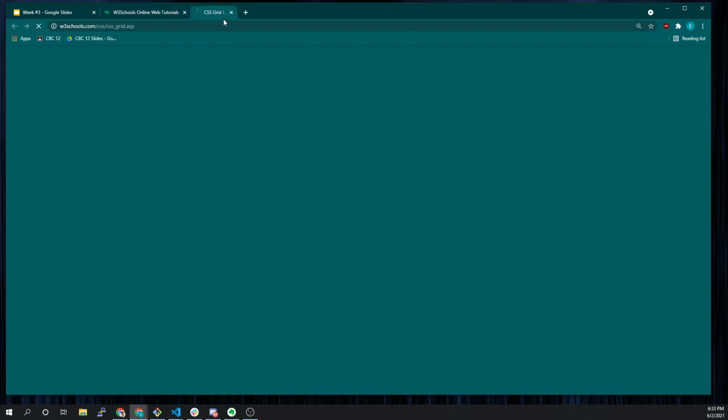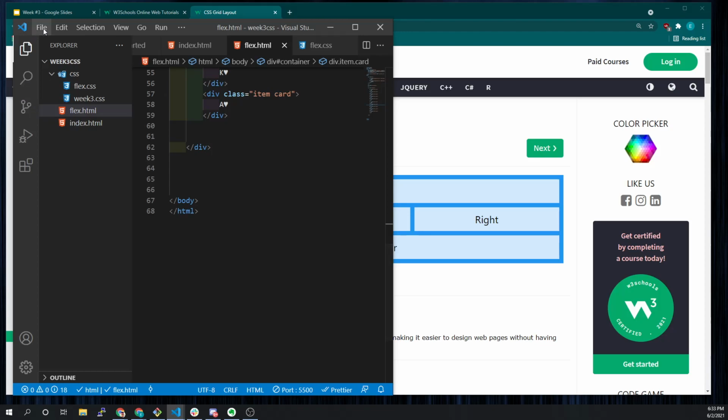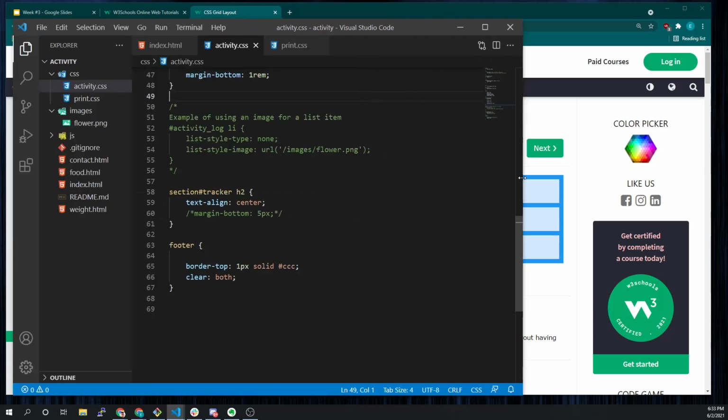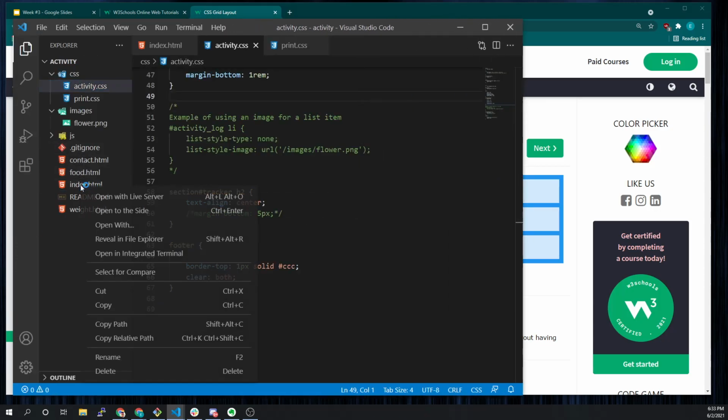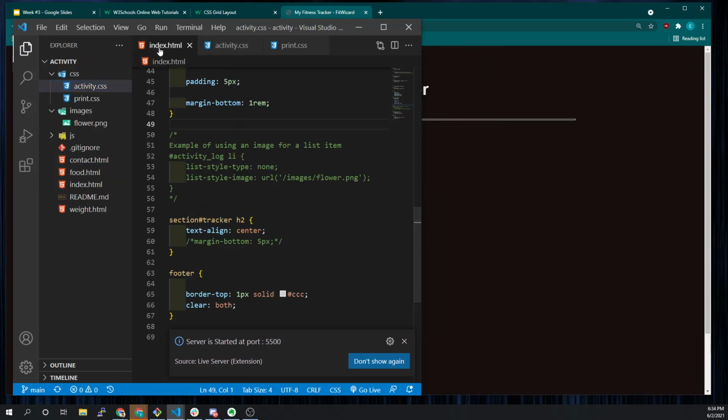So, I want that back up because I'm definitely going to forget all those things. Okay, opening up, I'm going to open my folder, and we have it as the activity tracker, right? Select folder. So this is what we had before. Let's open up our page, open with live server, so we can start to play with this code, right? So if we look at our index.html,